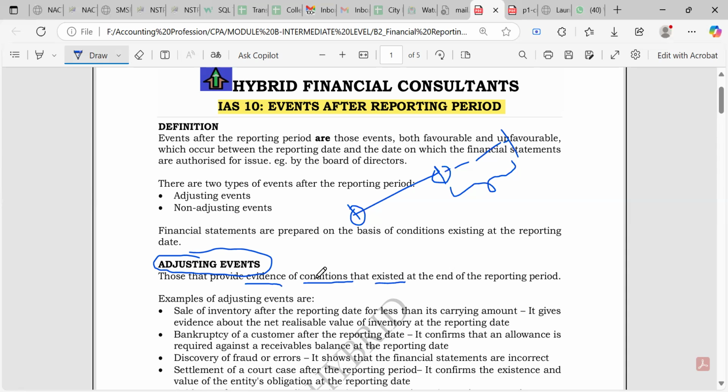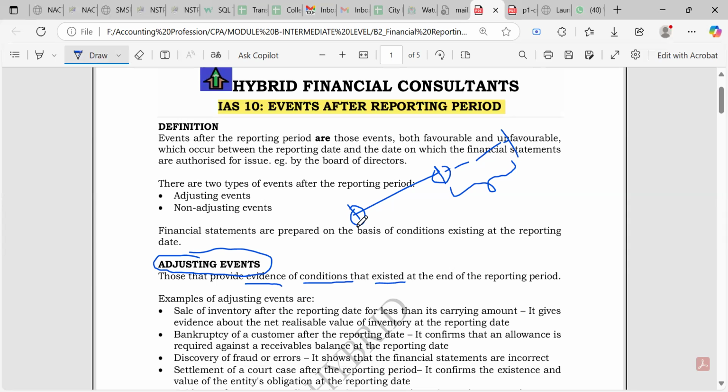If we say it is an adjusting event, it means it occurred outside of the period, but it tells you that you must have overlooked something during that period. There was this issue. So if it was there and you are the only one who overlooked it, you cannot say, okay, let me leave this alone and I will consider it an error for the future period. No, the financial statements are not yet authorized for issue, so you still have time to make amendments, right? So we speak of the thin ice here between the consideration of something as an error in future periods and incorporating it, noting the error, and then making